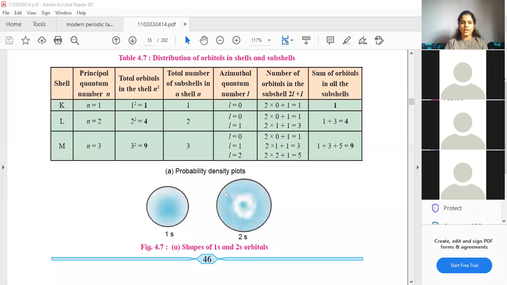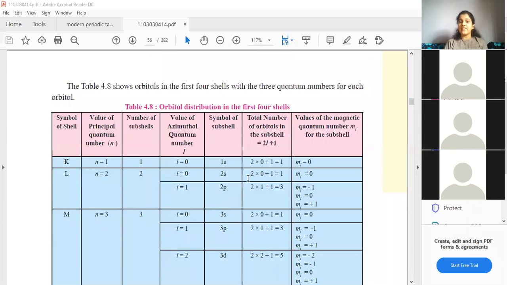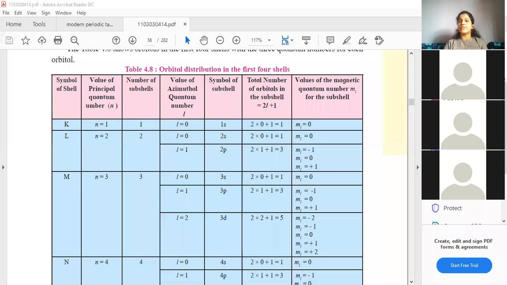Now we will continue the topic. Oh, no, there is one more table. Good. Now, students, please refer to this table. Just tick mark this table, or you can put a star beside it. Here, they have written everything properly. They have written the value of l. They have written the range of ml. You can see they have written the range. See, for p, they have written -1, +1, 0. For s, they have written... what is this, 1s, 2s? I'll get to it. Don't worry about it.